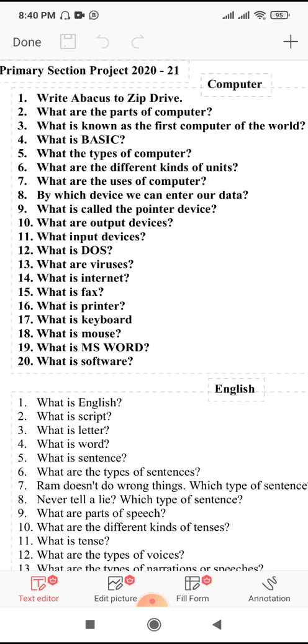Okay, VDU. What are the uses of the computer? The uses of the computer are very versatile. Computer is a very versatile machine because it is used everywhere and in all aspects of life. Okay, school, banks, hospitals, railway reservation, air services, research, education and science, technology, entertainment,